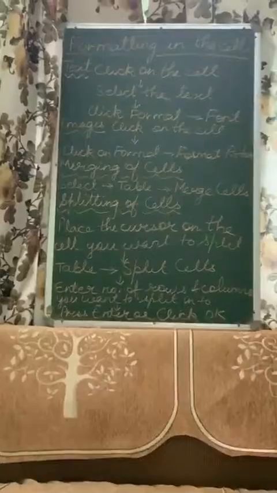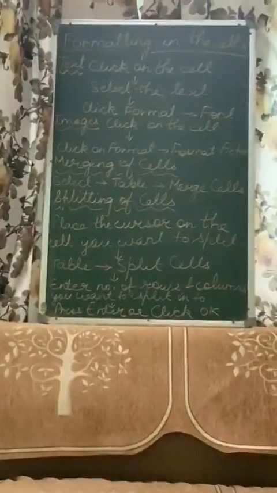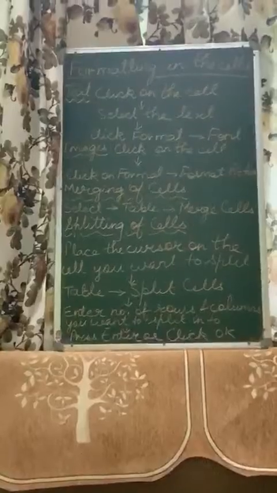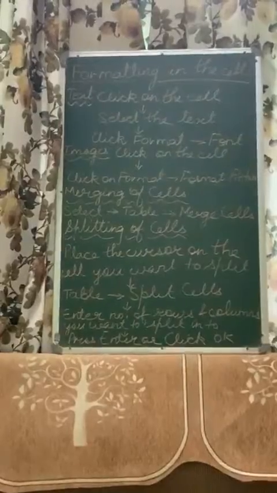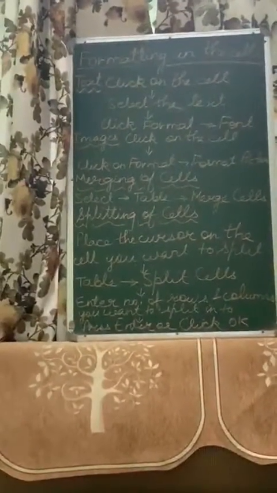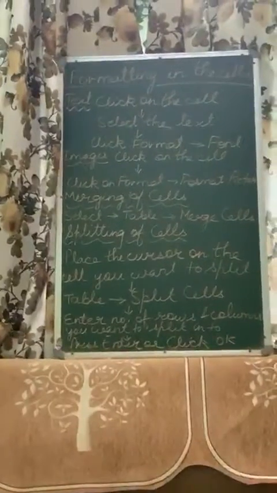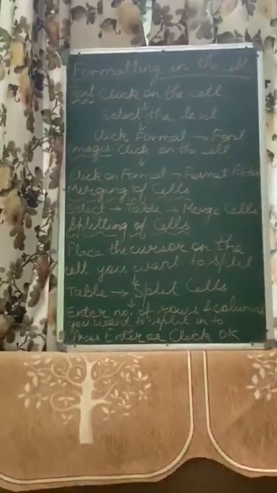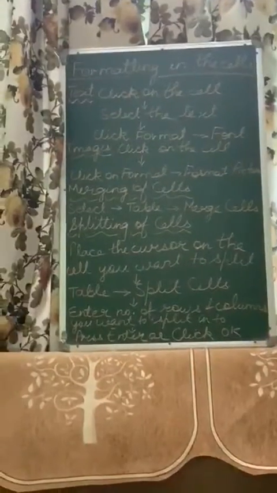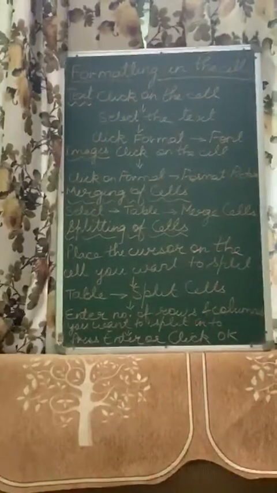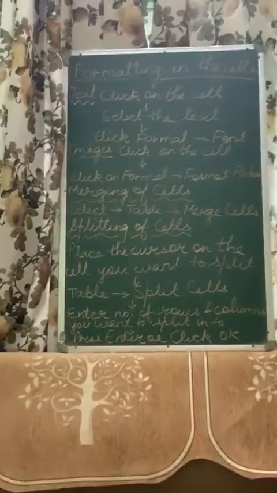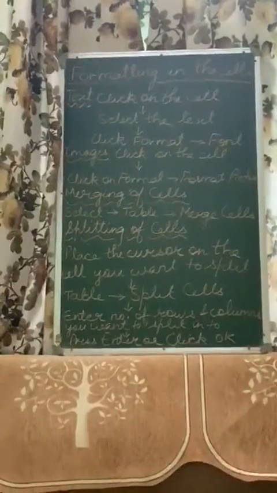So children, the difference between splitting and merging of cells is, merging means you are combining 2 or more cells to accommodate the data, while splitting is the opposite of merging. That means you are dividing that cells into many cells. And why you are doing so? To separate the data into different cells. So splitting and merging basically are the things which are included in the formatting inside the cells, and both of them are having opposite meanings.